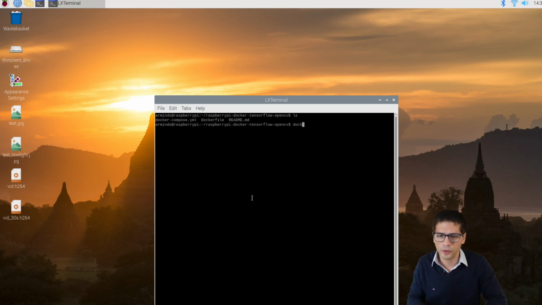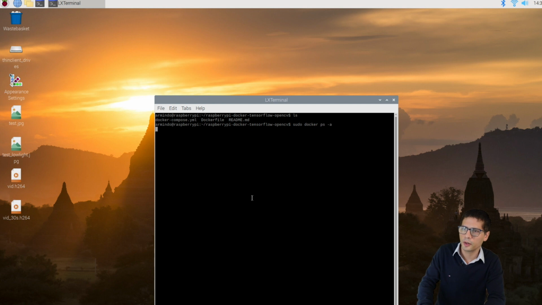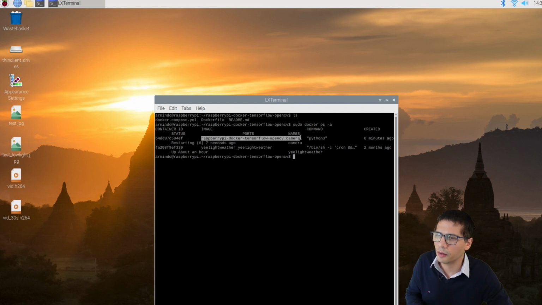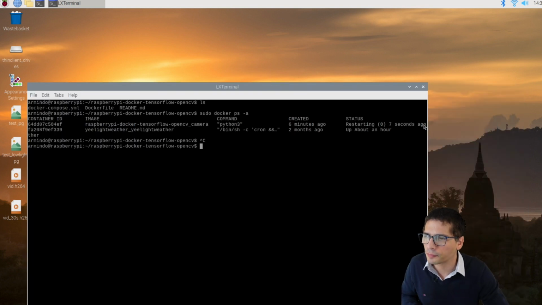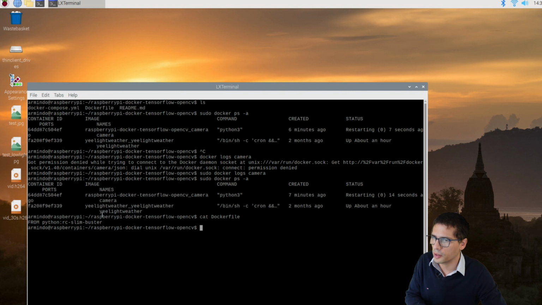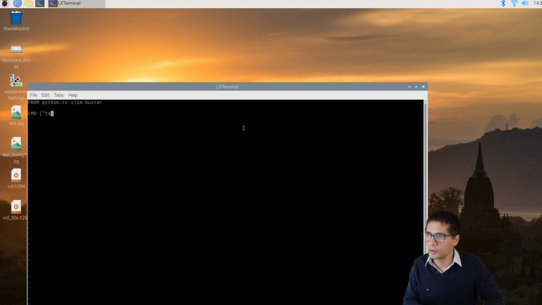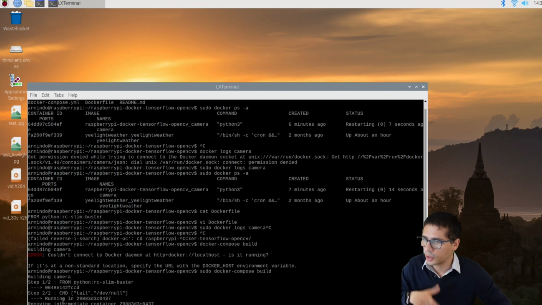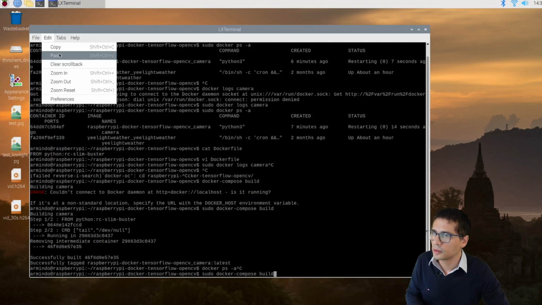So if I do sudo docker ps -a, it works. I already have the container running for some reason. It's failing with an error. Let's see what's going on. So in the camera, again with the sudo, I kind of keep restarting. It doesn't do anything. So I didn't really put any instructions to call anything. So I can do one thing, which is I'm going to do a tail. Okay, so Docker Compose couldn't connect. Okay, so let's see if now when I start Docker again, it will stay up.